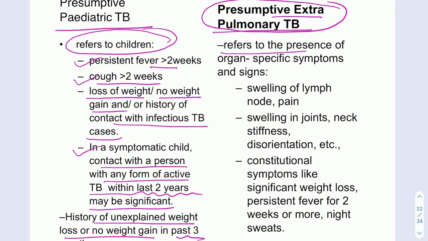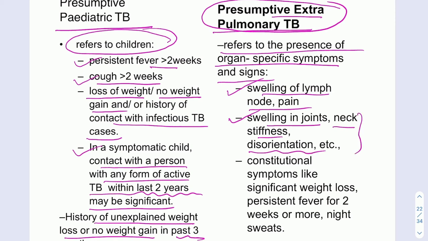It refers to the presence of organ specific symptoms and signs. That means whatever organ is involved with tubercle bacilli, symptoms pertaining to that organ should be present to call it a presumptive extrapulmonary TB case. If there is involvement of the lymph node, there will be swelling of the lymph node and pain. In bone TB, there will be swelling in joints, neck stiffness or disorientation in cases of tubercular meningitis, and constitutional